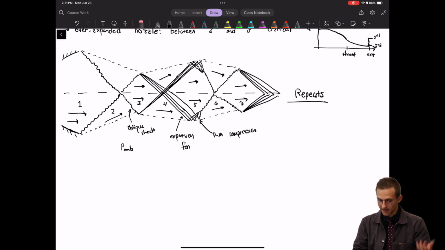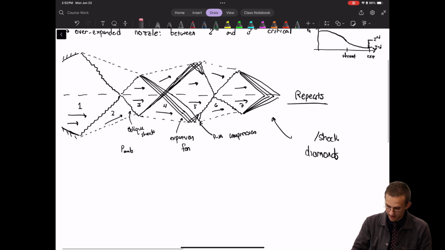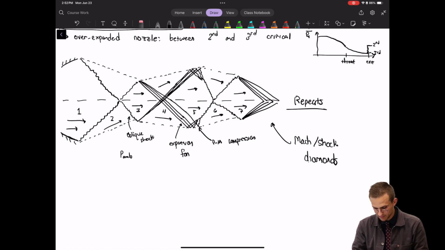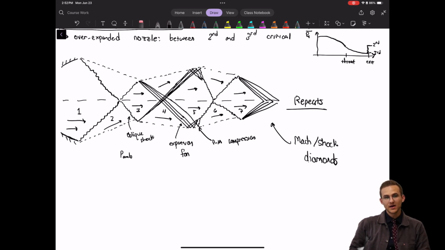This is what you would call a Mach diamond. So this is like a Mach diamond, or you might have also heard it called a shock diamond. So if you ever see a rocket engine operating near sea level, usually the pressure outside the engine is too high, but you don't want shocks in the engine nozzle. So at sea level, engines actually will operate in between the second and third critical because they want their most efficient